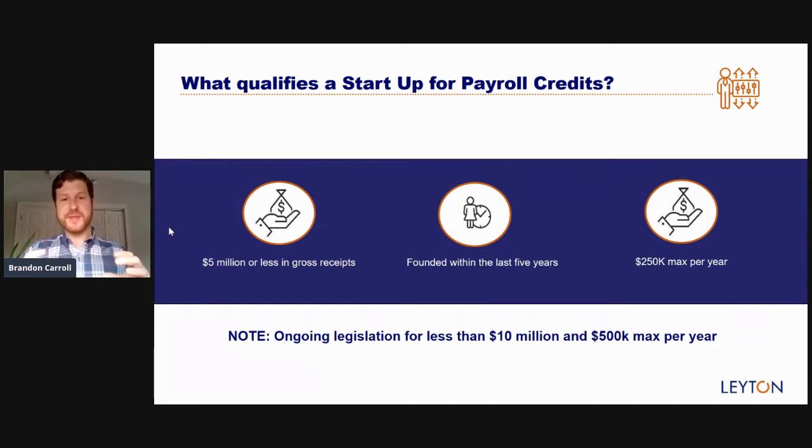You also have to be founded within the last 5 years or within the time the company first reported earnings. And then finally, the relief that you can feel, the maximum credit that you can use is $250,000 per year. Whereas if you're offsetting income tax or payroll tax liabilities, not payroll, but regular income tax liabilities, that is uncapped. And so payroll is capped at